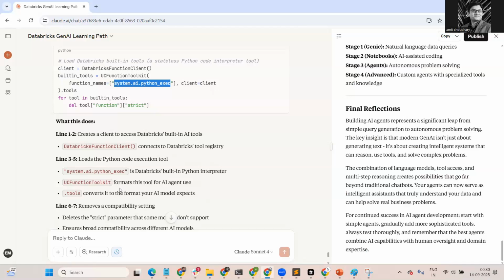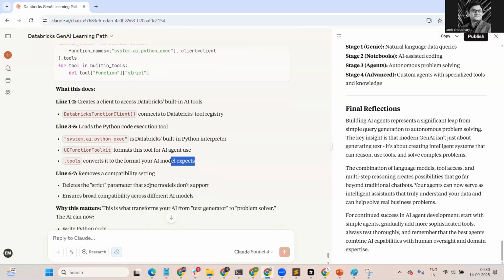UC function toolkit formats this tool for AI agent use. So it does some sort of formatting of this tool for use by the AI agent, and .tools converts it to the format your AI model accepts. Then it removes a compatibility setting, deletes the strict parameter that some models don't support. This ensures broad compatibility across different AI models. Okay, some way it is helping